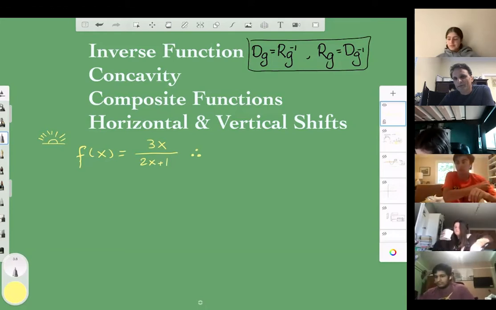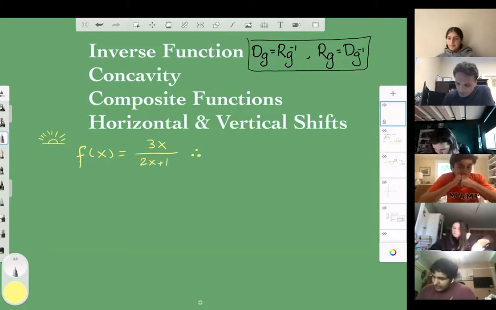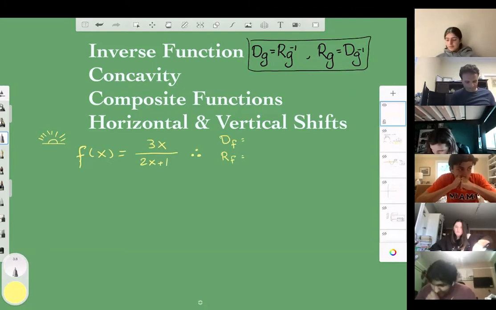Is that sunny or rainy? No, it's not. The question is, what is the domain of f? And what is the range of f? Can you guys do this for me? What's the domain? What's the